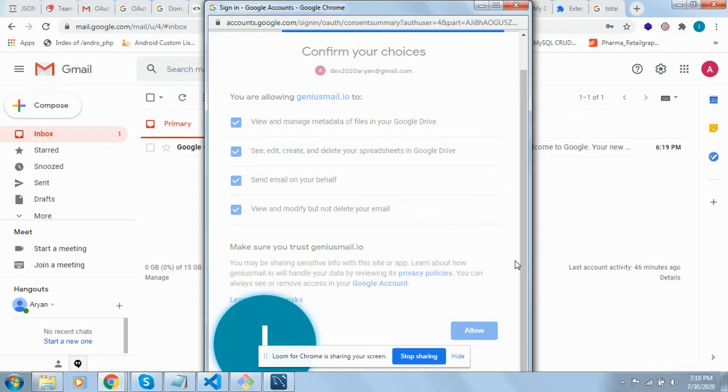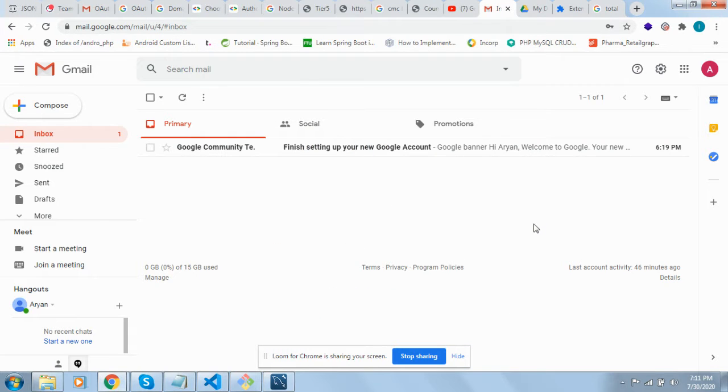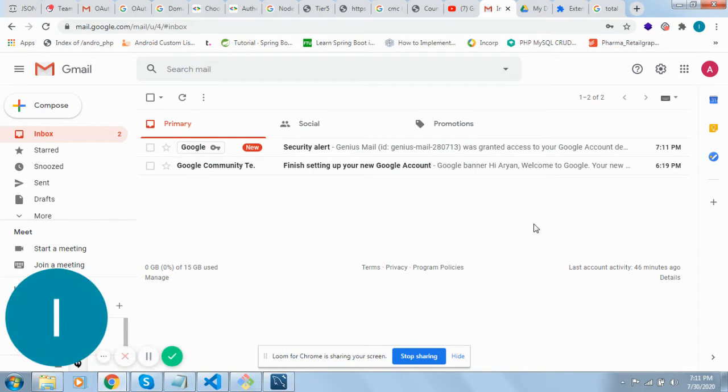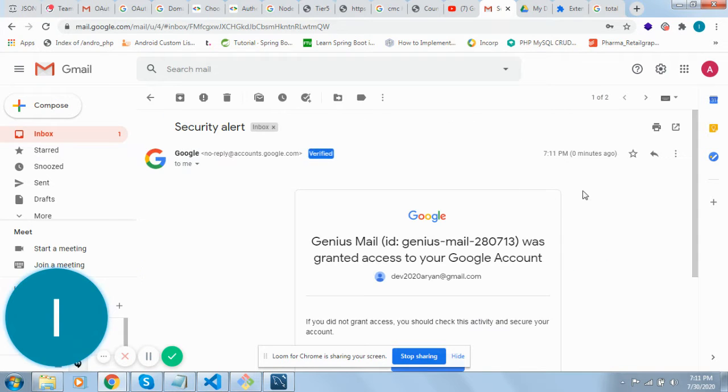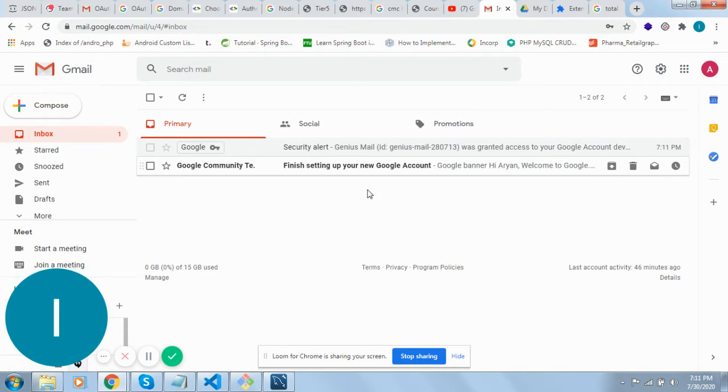Okay, so once you allow it from here, this screen will automatically vanish. See, this email is coming from Google. Genius Mail is accessing your Google Gmail account for those specific scopes only, since you have given your permission.